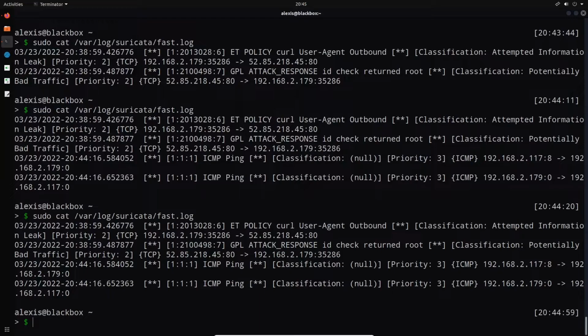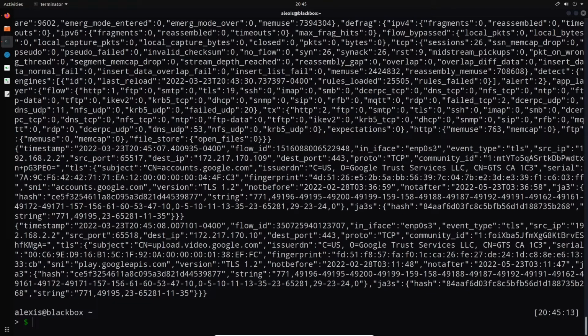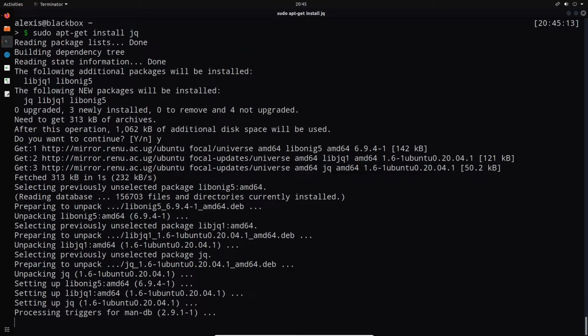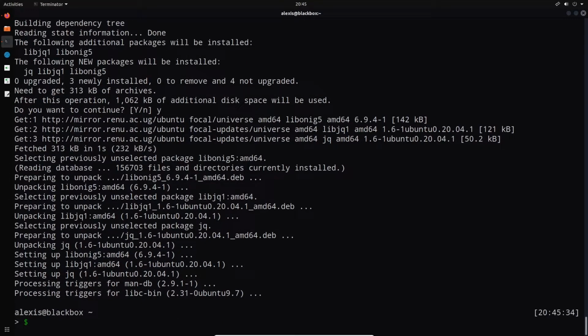Now, I also wanted to showcase the actual JSON or the eve.json log file, which, again, if you cat out the content with cat, it's not going to be readable because it's in JSON format. So one tool that we can use is the JSON command line processing tool, also known as JQ. So we can say sudo apt get install JQ. It's a very small package, and it will essentially allow us to view this in a way that makes sense. So we can utilize the tail utility to display the latest logs or alerts, if you will. So the file is var log suricata eve.json, and we can then pipe that into the